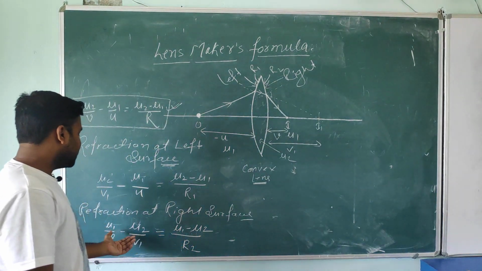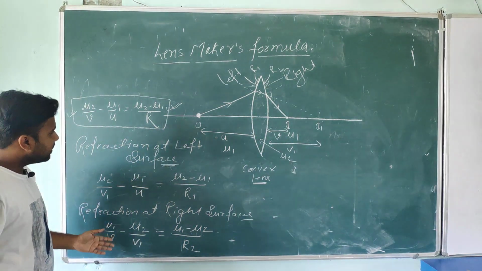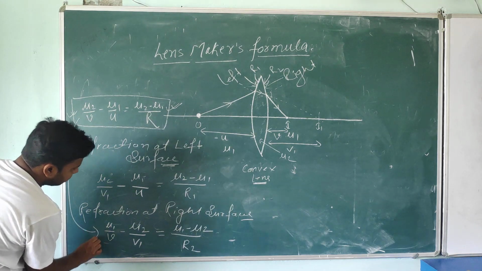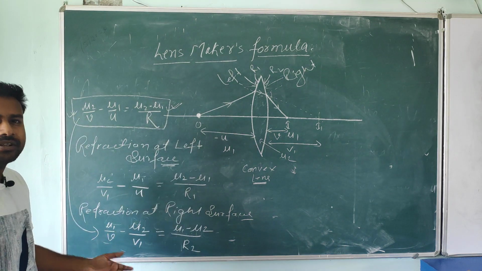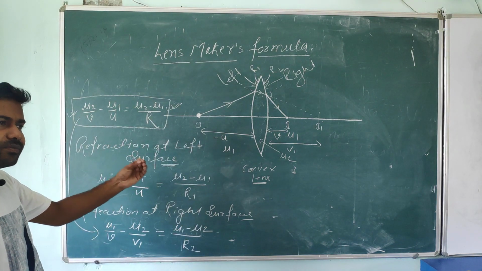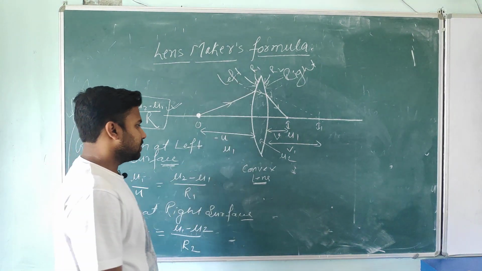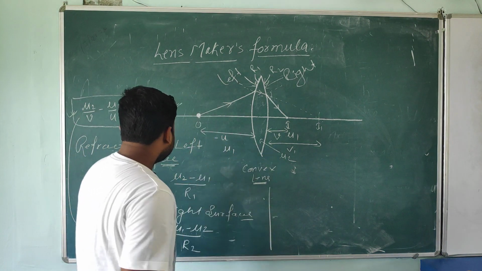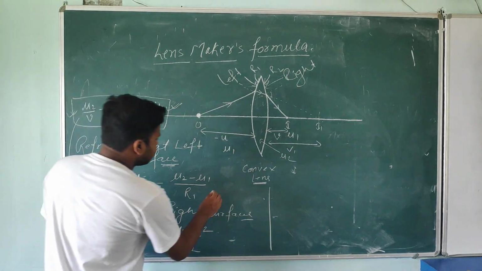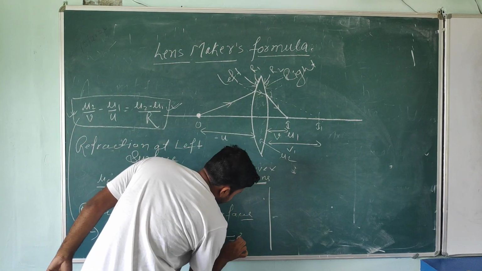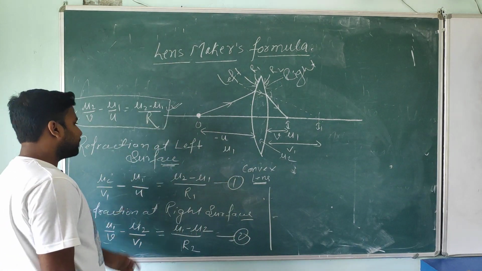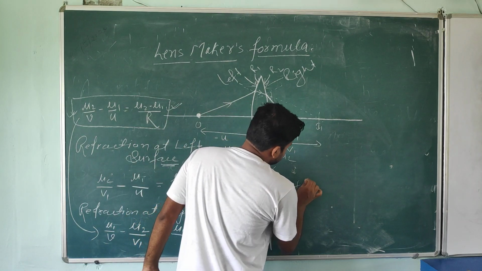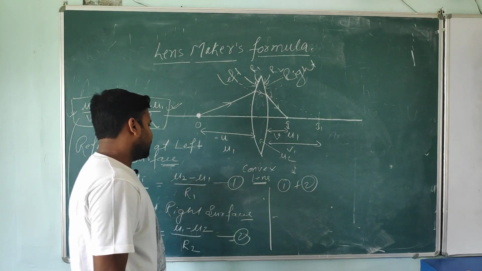Okay students, similarly I used all the concepts from the earlier derivation to write this one. Again, I am not writing it all out. After putting the values of u and v, you will get the same equation. Now this one is the first equation, this one is the second equation. Simply add the first and second equations. What will you get?